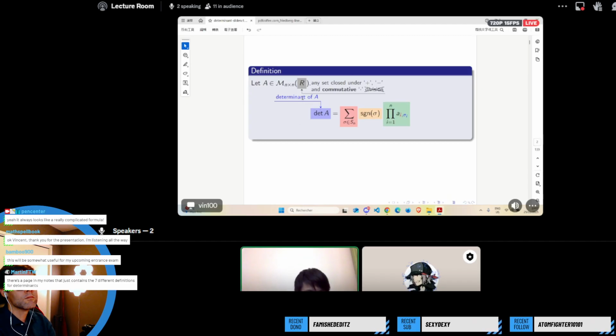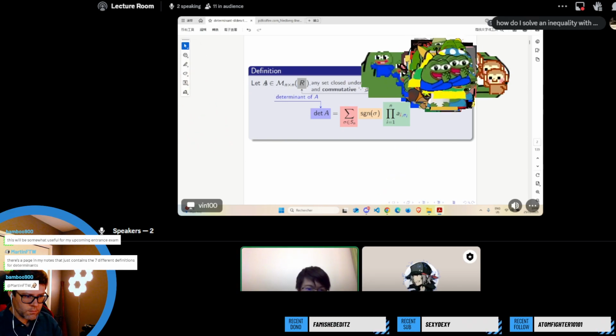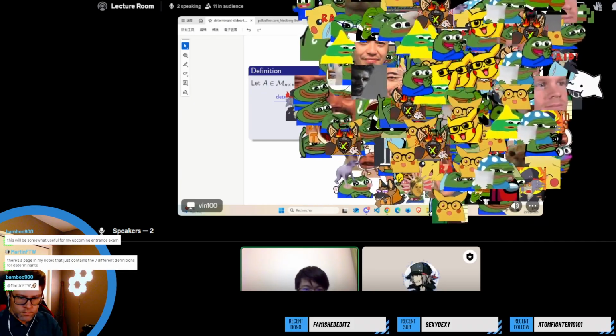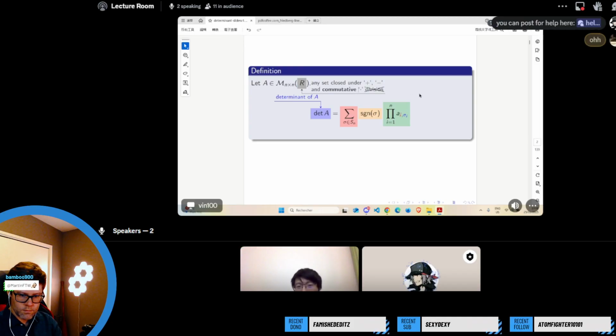That's what you're going to see on wiki, and I made some colors so that it's easier to focus. Here we have a matrix over a set called R. For this set R, I only give it addition, subtraction, and commutative multiplication. At first, I'm not requiring division at all.